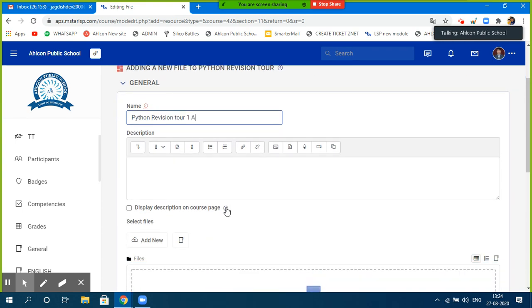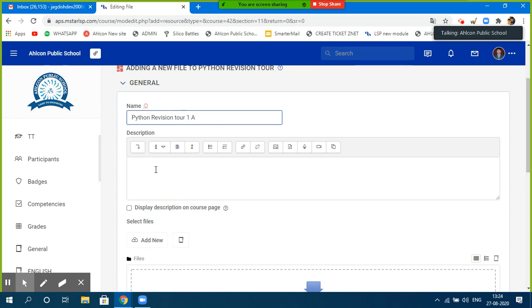Okay, because I may have multiple parts under that chapter, so you can always say 1, 2, 3, 4, and so on. So if I say Python revision tour 1A, that means I may have more files under the same topic, right?